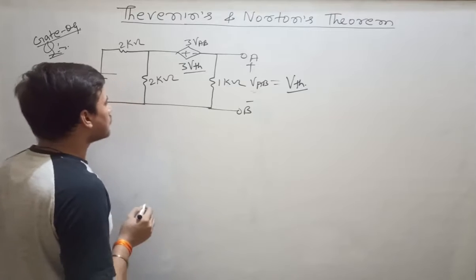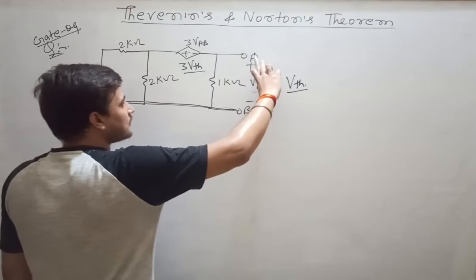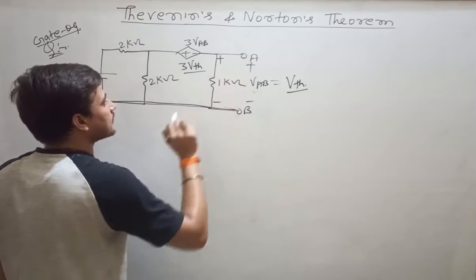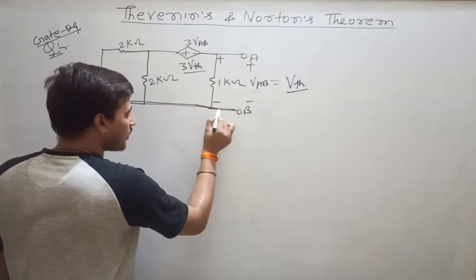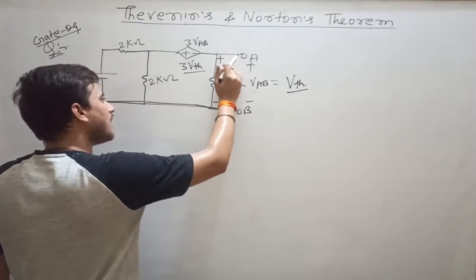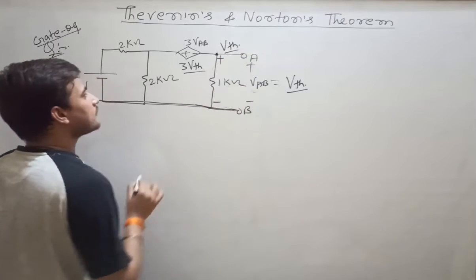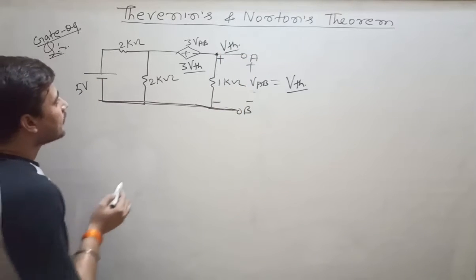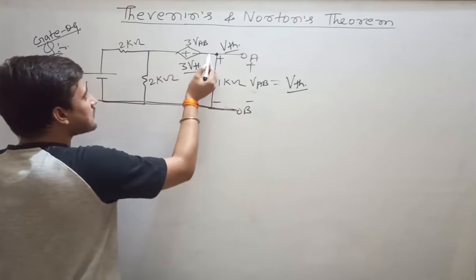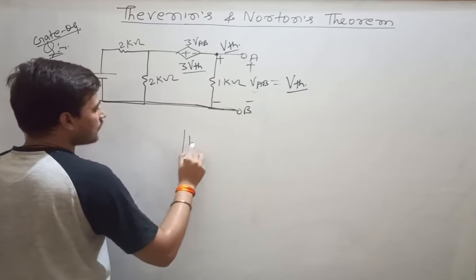So let us see how to find. See, this is the ground terminal. If this potential is VTH, so this potential will also be plus minus VTH. That means if the potential of this point is 0, then a battery of VTH being added, the potential of this point will be VTH. Next, come to this network. When you are coming from right to left, you see that you are getting one more voltage source having potential 3 VTH. You are getting one more battery.